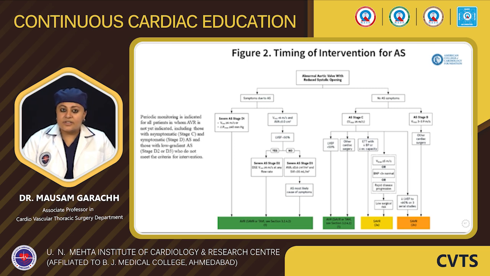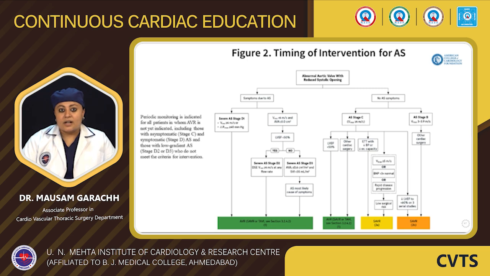Now severe has been defined by velocity of more than 4 meters per second and a gradient of more than 40 mm of mercury. Then we have to opt for aortic valve replacement. It can be surgical or we can opt for TAVI. Now if the velocity is less than 4 meters per second and the valve area is less than 1 centimeter squared,